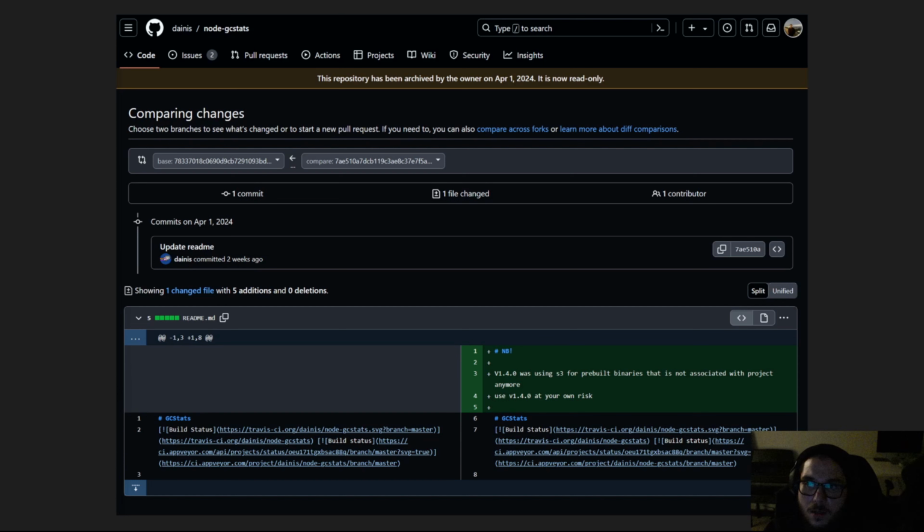The maintainer also added a note about using it at your own risk. They archived the project and made it very clear that they don't maintain ownership as of April 2nd. And basically version 1.4.0 was using pre-built binaries that point to an attacker's S3 bucket.